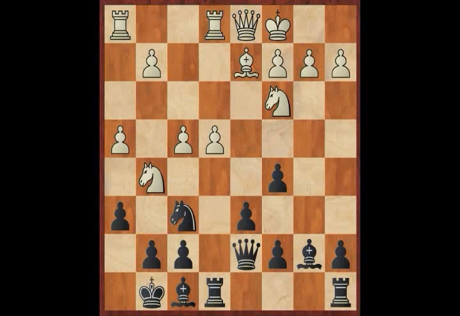Bishop d2 looks rather passive, but how else was white going to defend that pawn? If he pushed it, he would lose it. So he moves the bishop out of the way in the hope that one day he's going to be able to play e5 successfully. But queen g4 was an excellent reply by Zagorskis and quite takes the wind out of